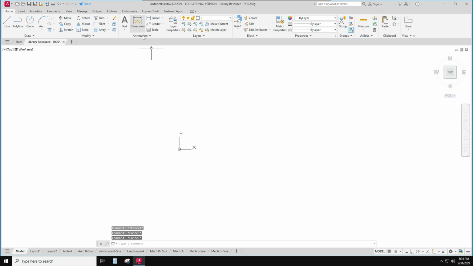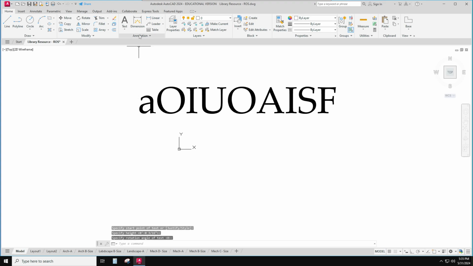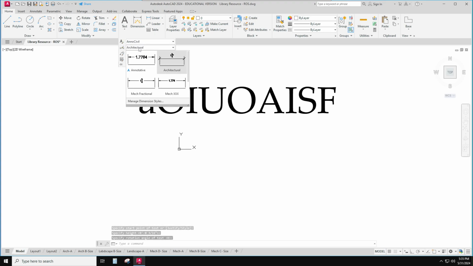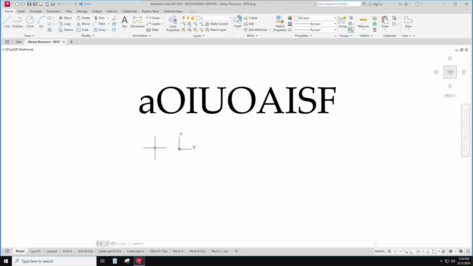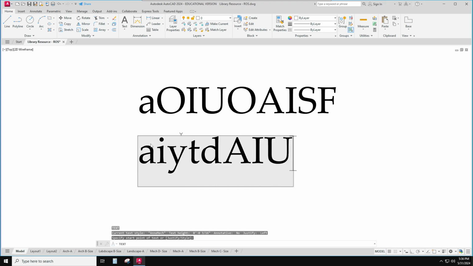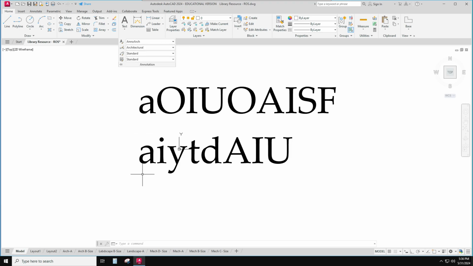And if you want to see, I can do a DT. Let me set my annotation as civil. That's what that looks like. And if I set it as mechanical, that's what it looks like. And if I set it as architectural,